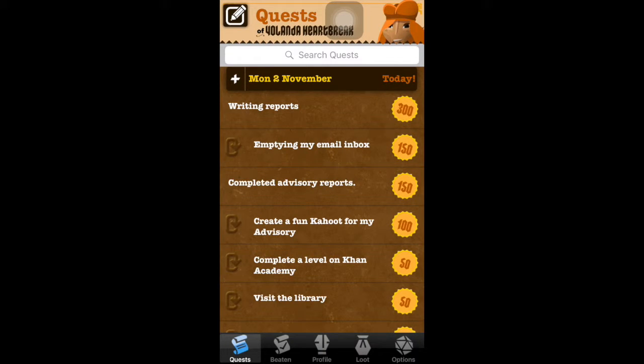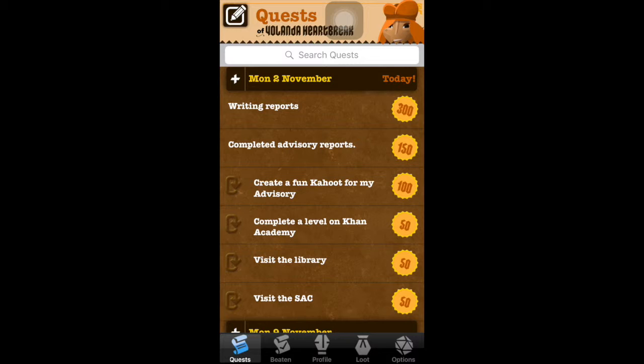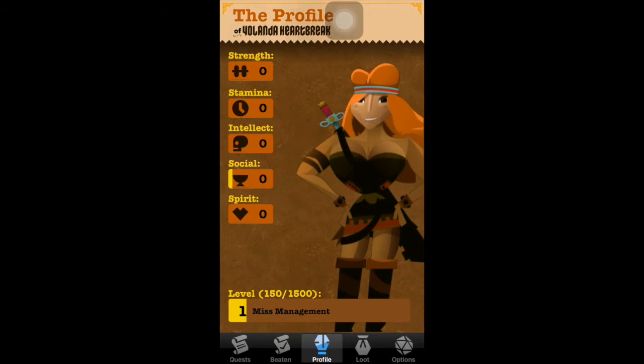So I've added that to my tasks. And when you complete a task, the way that you do it is you hold down that point system and you literally beat up the task. So this one that says empty my email inbox, I'm going to hold it down and you're going to see it's going to beat up that task till it's done. And now if I go into my beaten, I can see that it's here, and in my profile I've collected